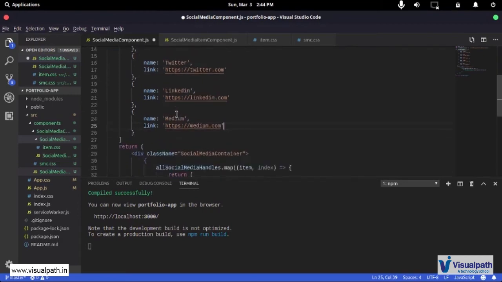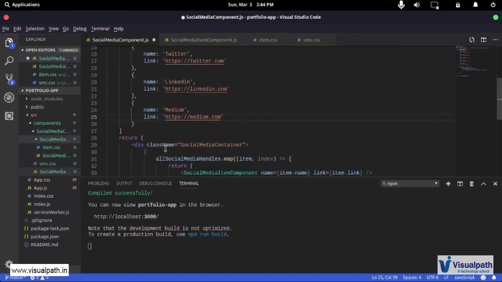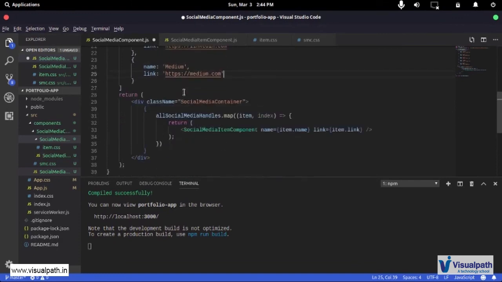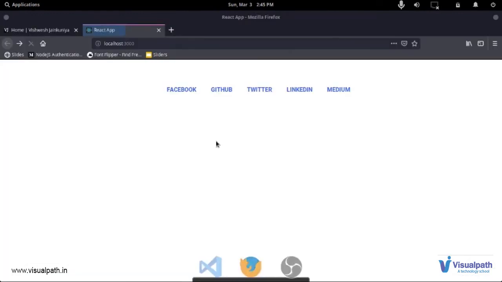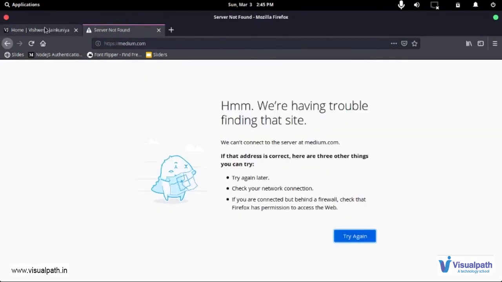Now in the traditional sense, for this you had to go ahead and copy yourself again, then paste that under here. So say previously we had 4 of that div thing, now you will have to add another 5th one here, and then you have to change the name in the link to this. In our case, what we did is we changed the data source, and if I just save this, you're going to go back and you can clearly see that Medium already appeared here, and if I click this, it also redirects me to medium.com. You can clearly see it here.